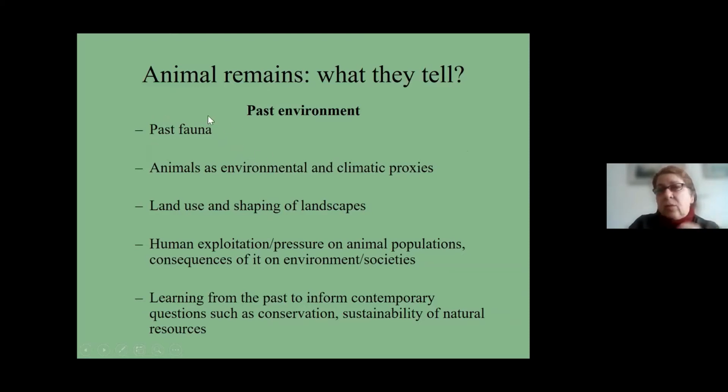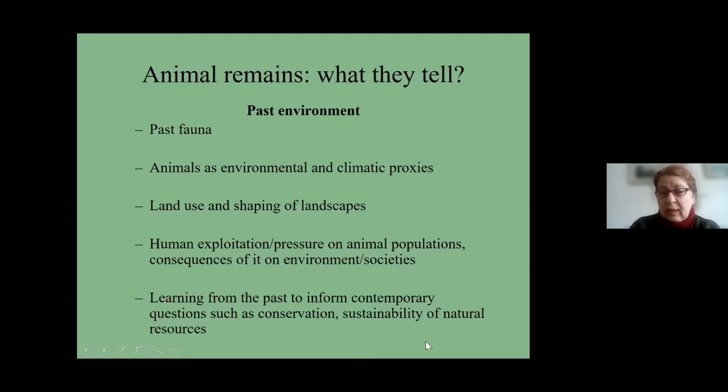Apart from this list of animals, you can get environmental and climatic proxies from them. You can get ideas and information about the land use and the shaping of landscapes. And also you can understand the human exploitation and pressure on animal populations and the consequences of it in the